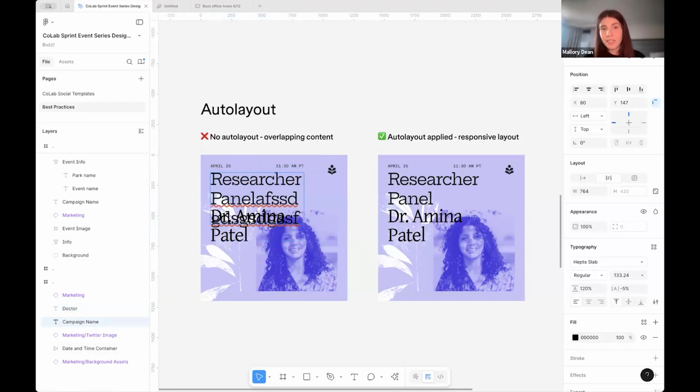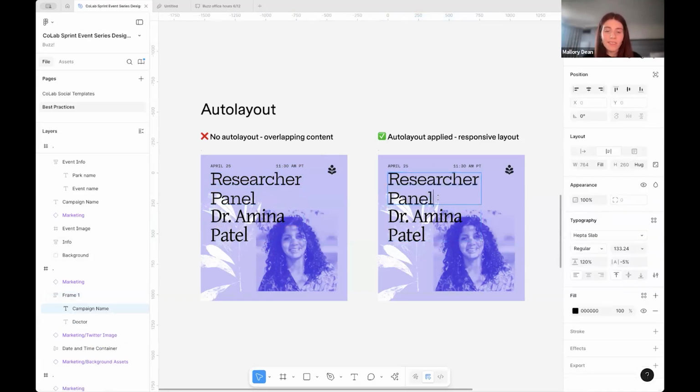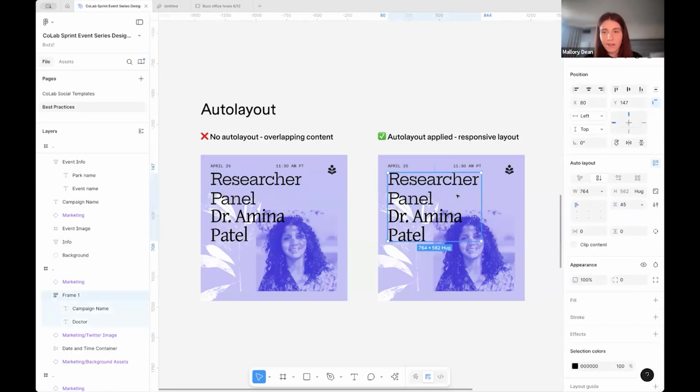It's not going to be a great experience for those wanting to actually come in and swap content. But if I have auto layout set up and I just keep typing, you'll notice it pushes down and retains any of the spacing I have defined in my auto layout frame. So it's really helpful to just think about how you can start incorporating auto layout in a very basic way to your templates. And if you are ever curious, we also have,